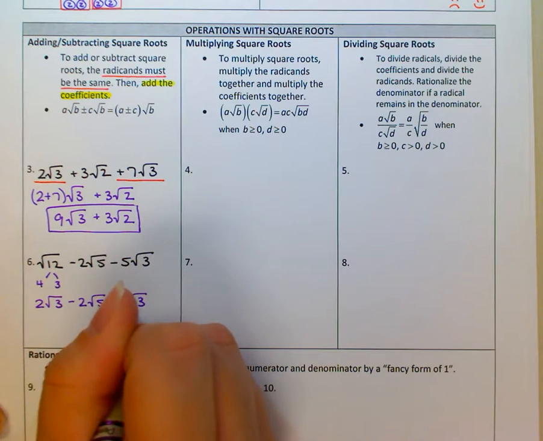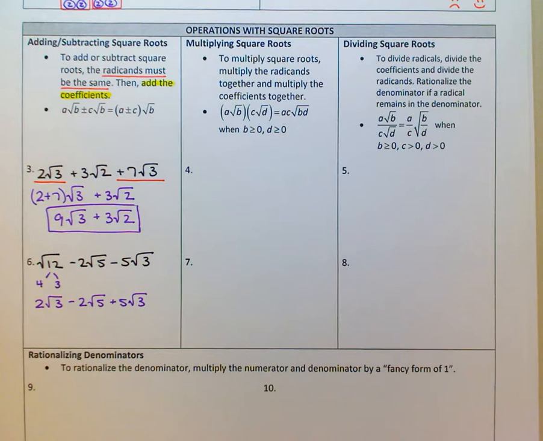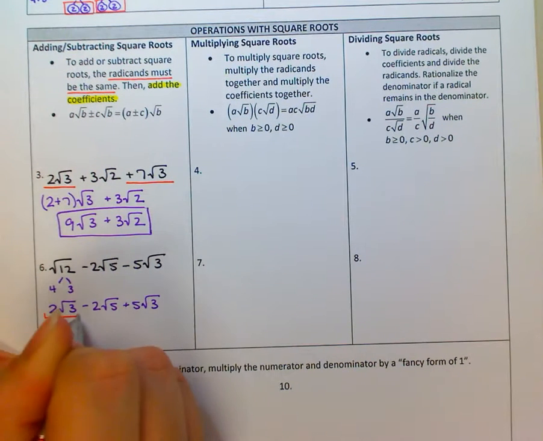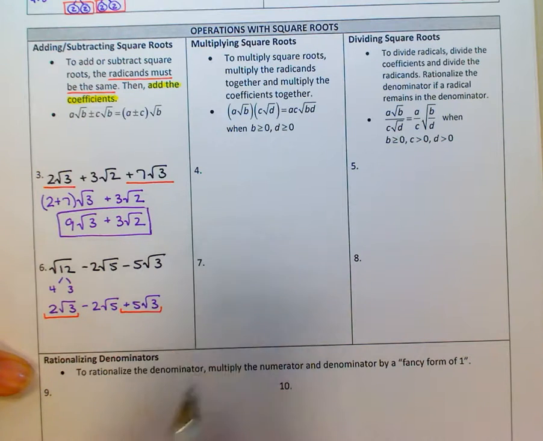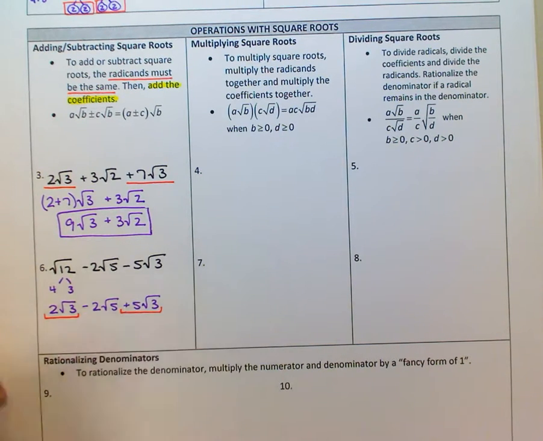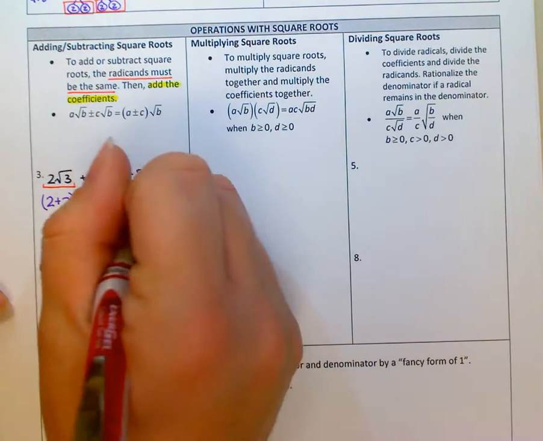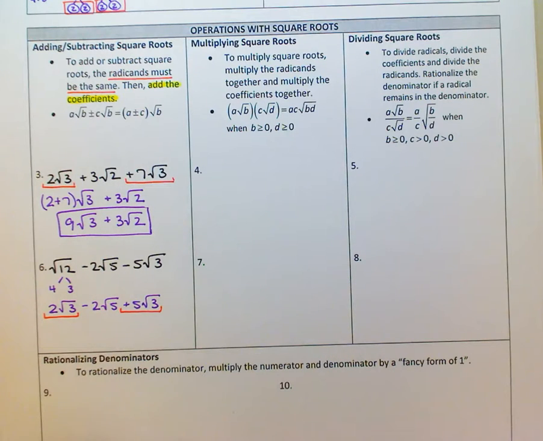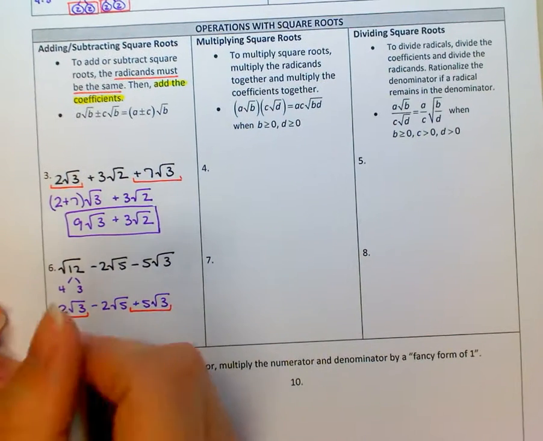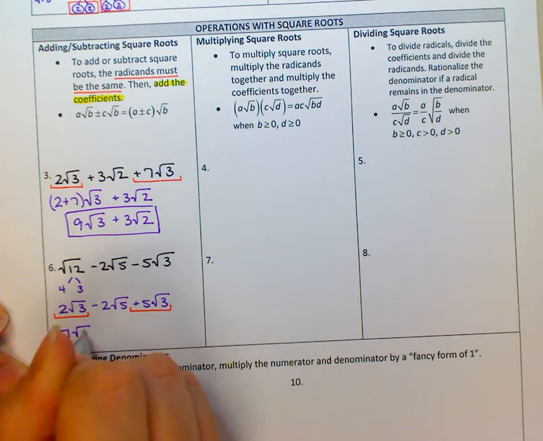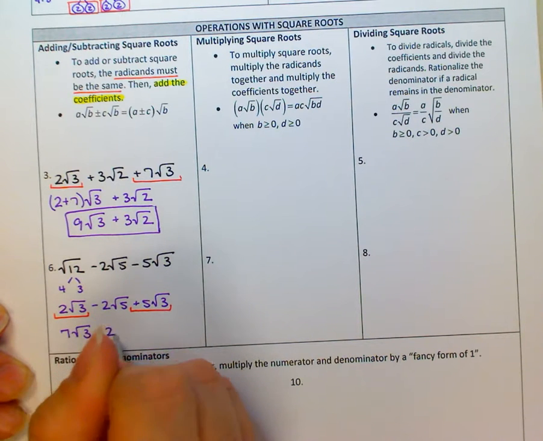square root of 3, which should make you think, oh look, now we have something that are alike. So we have 2 square root of 3 and positive 5 square root of 3. And notice I'm keeping the sign in front. I did the same thing up here. I was keeping that positive because it was in front. So now we can add the coefficients. So 2 plus 5 is 7 square root of 3, and then just tag on minus 2 square root of